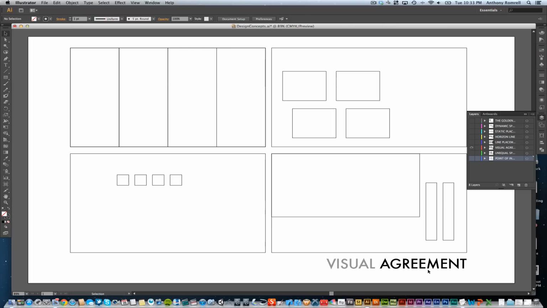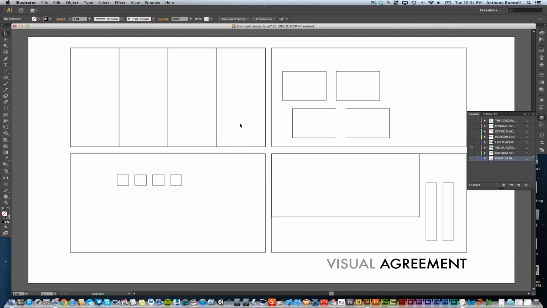In this next example, we have a term called visual agreement. Now, visual agreement, I'm going to define it as you're thinking as to how you're using your spacing in an agreeable way or similar ways. So, in this case, I just have 3 lines which create equal spacing, and it's not dynamic. However, it does create visual agreement in that we have the same type of shape and the same type of